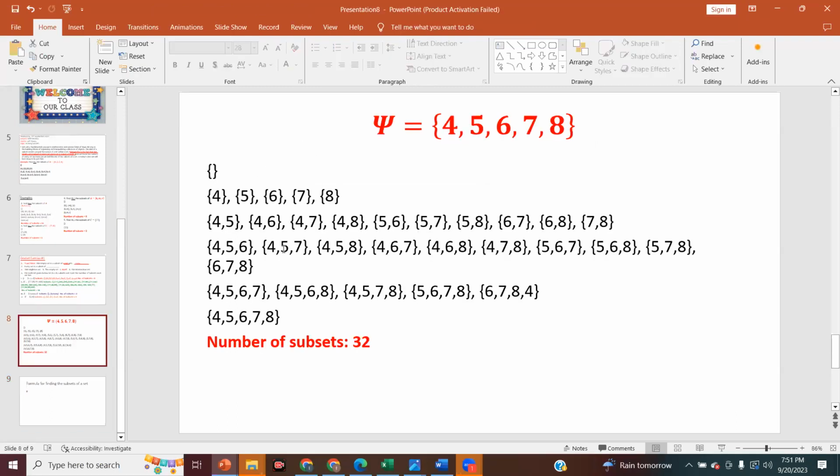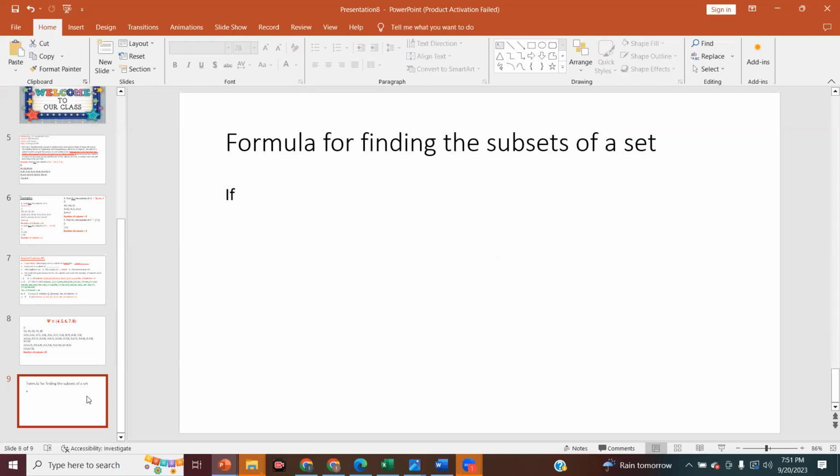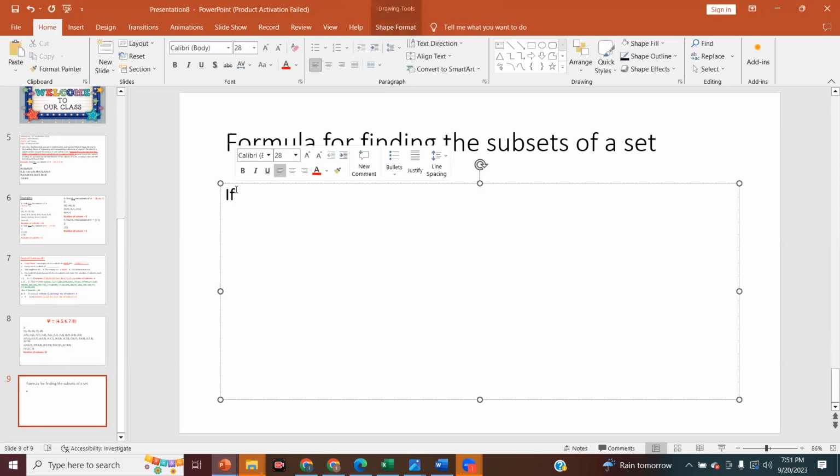Do y'all have this? Yes, sir. Y'all have all of these elements. All right, since y'all have all that, let me just leave you with these notes then, since we have 10 minutes left. This one is saying, if a set has, let's say, n elements, write this down. If a set has n elements, then the number